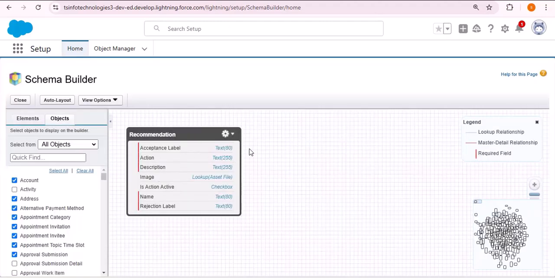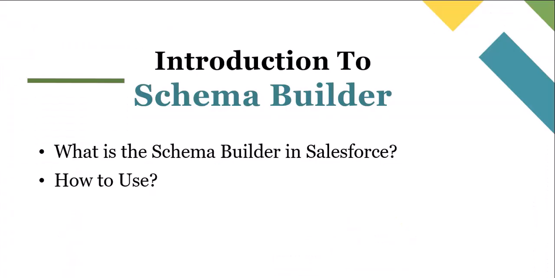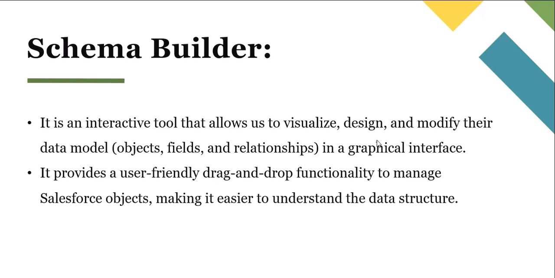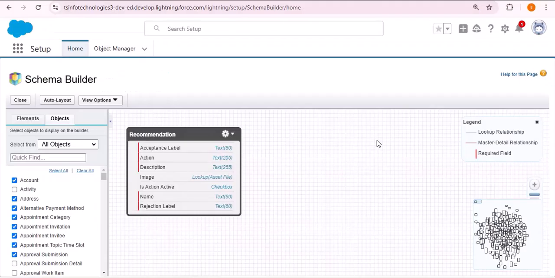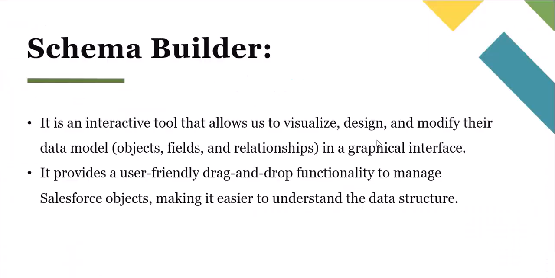Now before moving ahead, let's understand the definition of Schema Builder so that you can easily understand what Schema Builder is and what we can do using it. It is an interactive tool that allows us to visualize, design and modify the data model like objects, fields and their relationships in a graphical interface. So this is the Schema Builder, a graphical representation where we can visualize, design and create the objects and fields in Salesforce. Again, it provides user-friendly drag and drop functionality to manage Salesforce objects,